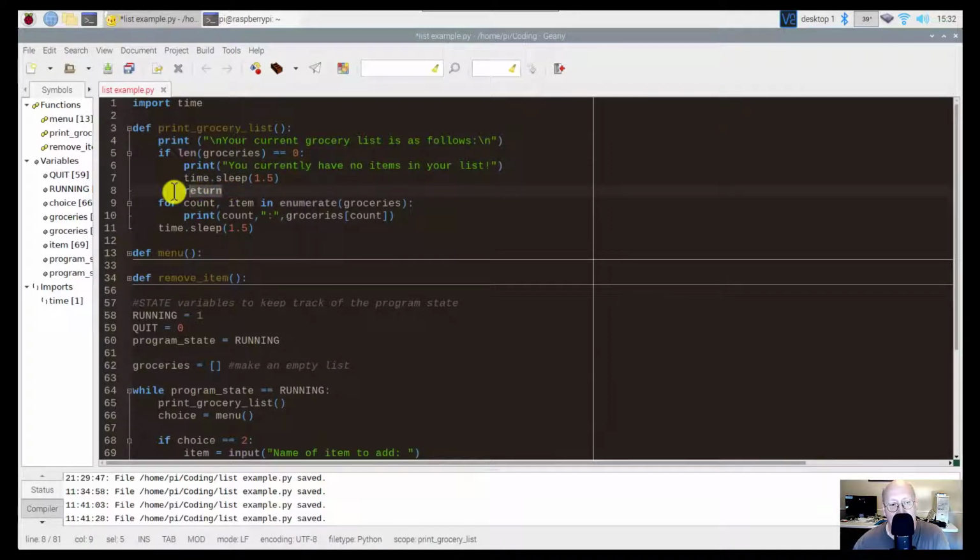What return does is that when it hits return in a function, it returns back to where it got called from. So when it hits this return, let's say the length of our groceries is equal to 0. We don't have anything in our grocery list. It's going to hit this return, and then it's going to jump back down to here and do this next line right here, line 66. Choice equals menu. We're going to talk about that in a minute. However, if we do have items in our list, we get to a little complicated piece of code. It's not really complicated, but what we want to do